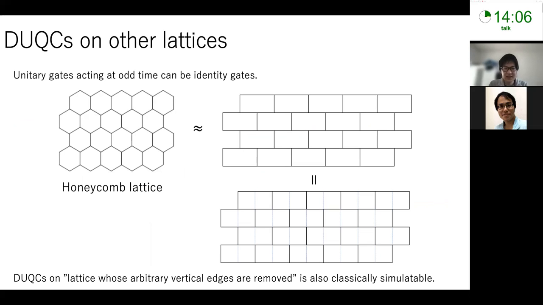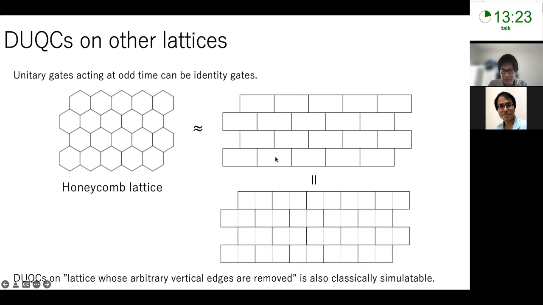And please note that in 2D dual unitary quantum circuit, the unitary gate acting at odd time can be identity gate, because a dual unitary gate doesn't include identity, but a unitary gate, of course, includes identity gate. So, for example, a dual unitary gate defined on honeycomb lattice is also classically symmetrical in early time. This is because honeycomb lattice is equivalent to this rectangular lattice,